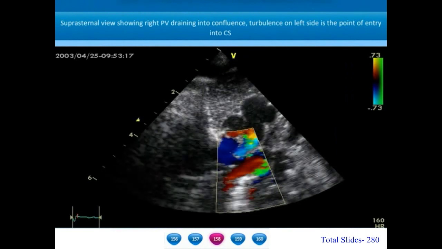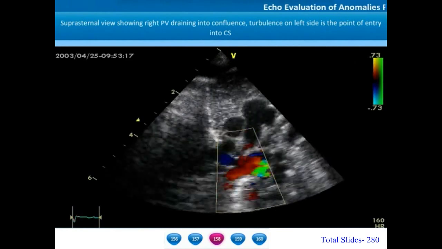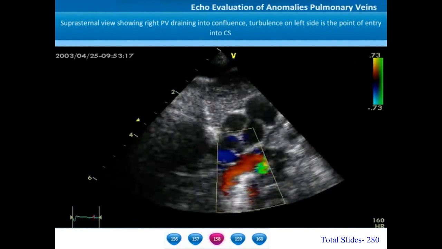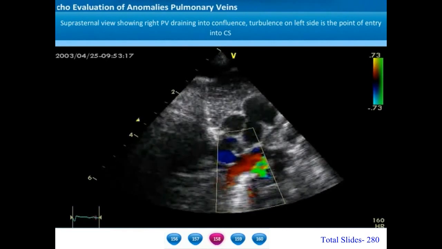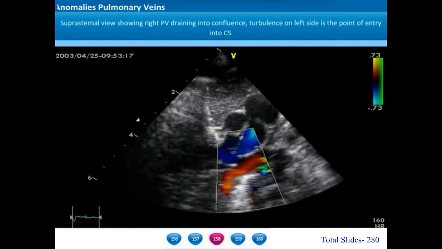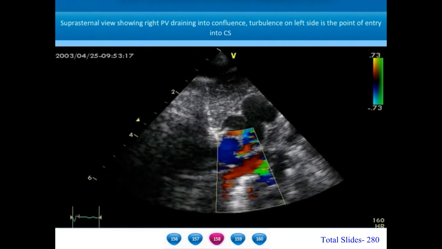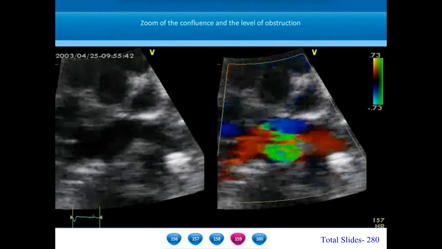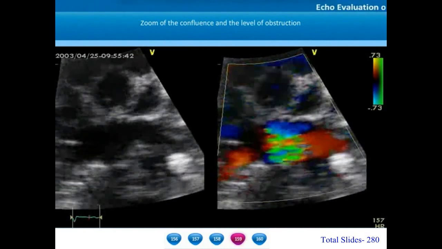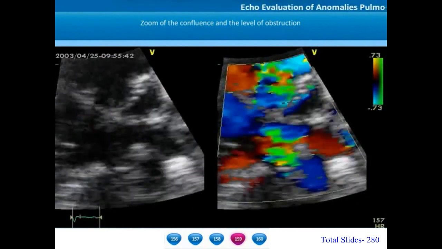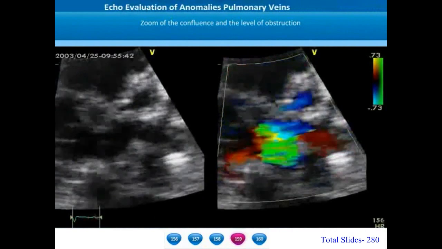From the suprasternal view, we appreciate that the right upper and right lower pulmonary veins are well formed. The common chamber or confluence is also well formed. However, the point where the confluence joins the coronary sinus is significantly narrowed and shows a mosaic pattern. From the suprasternal view, we zoom into the confluence, which looks to be a very good chamber. However, the point where the confluence enters into the coronary